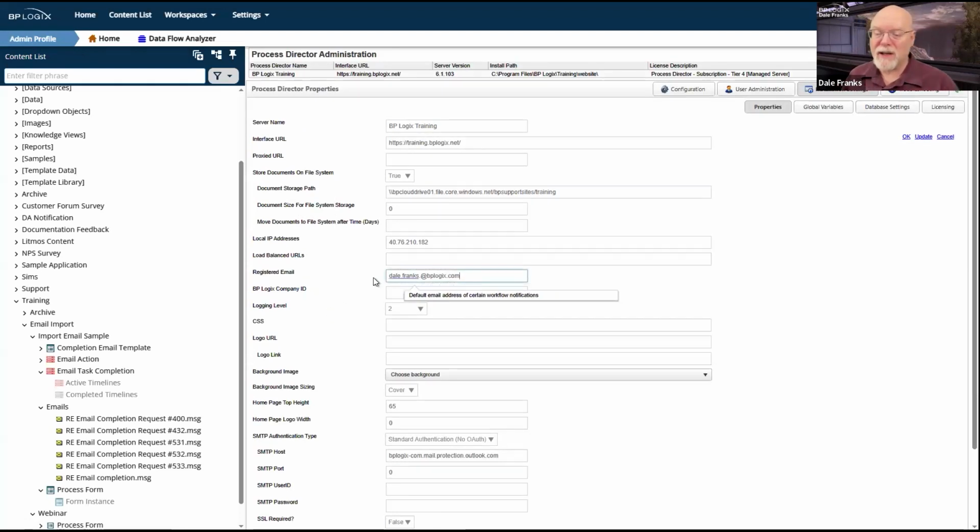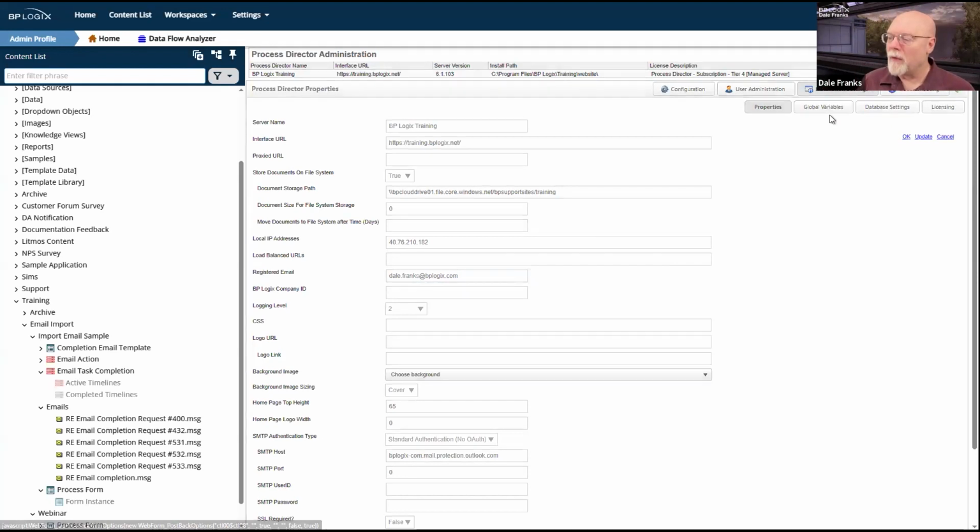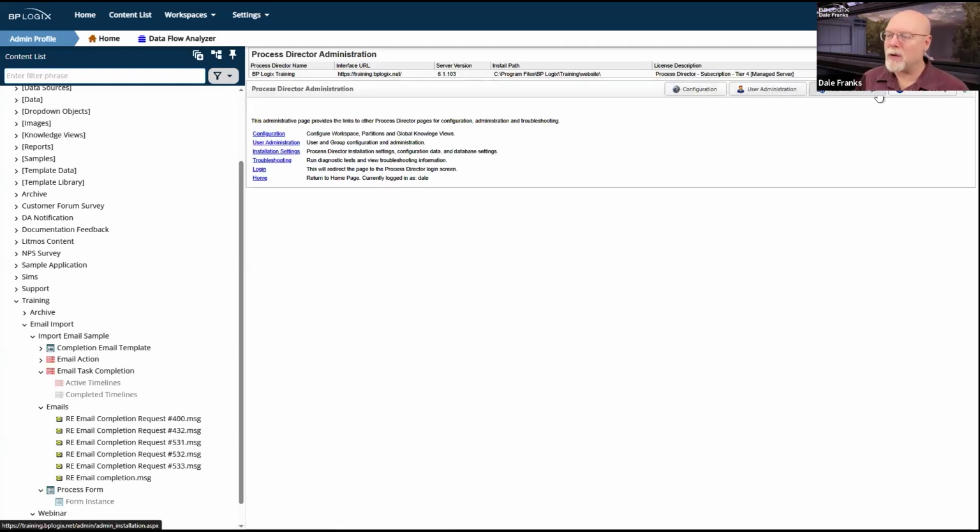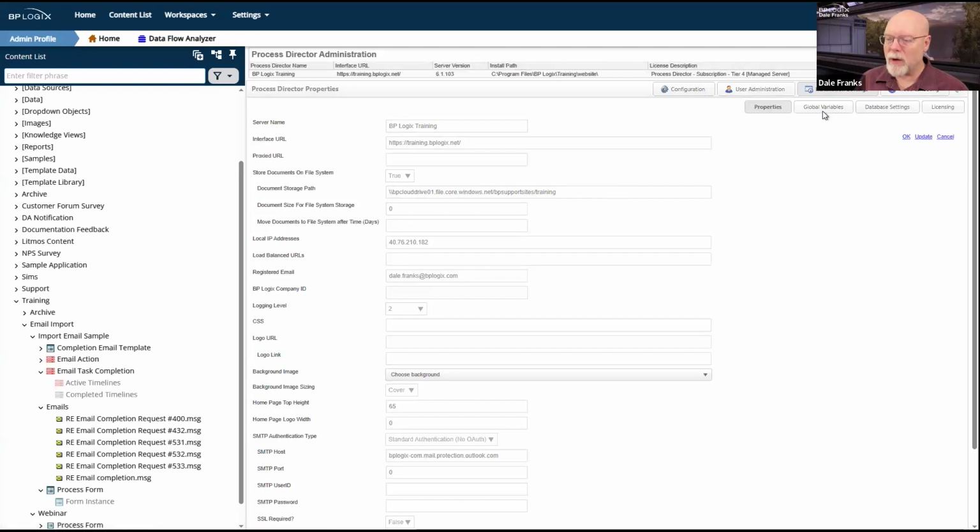And in this case, this is a real email address. It's mine at BP Logix, although it is not dale.franks at BP Logix. So guess what? That is not a real email address, although now it is. Again, if I don't have anything configured in global variables as my standard workflow from email address, then it will fall back to here.